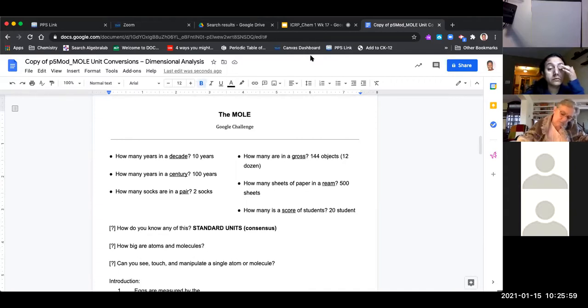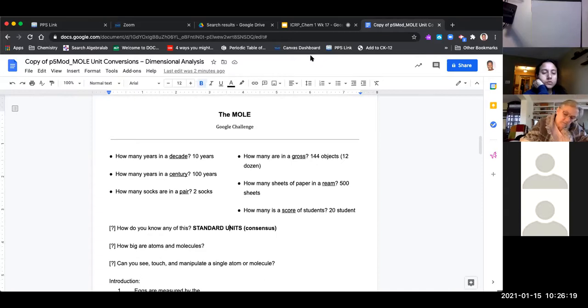We learned that a gross is 144 objects, which is 12 times 12, so a gross is equivalent to 12 dozen. Whoa, a